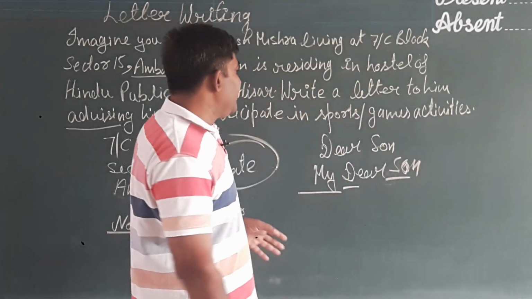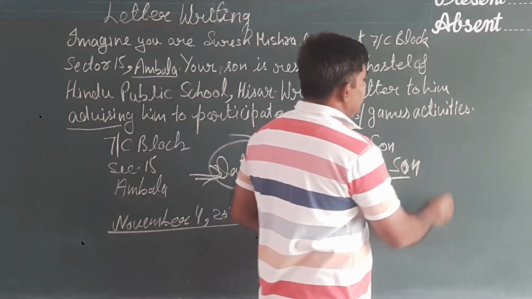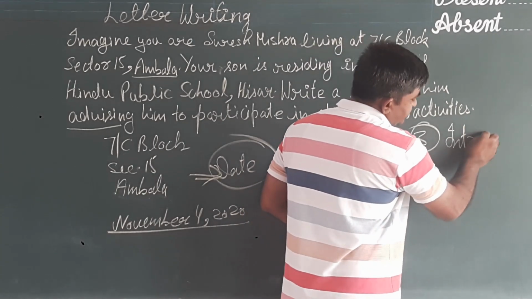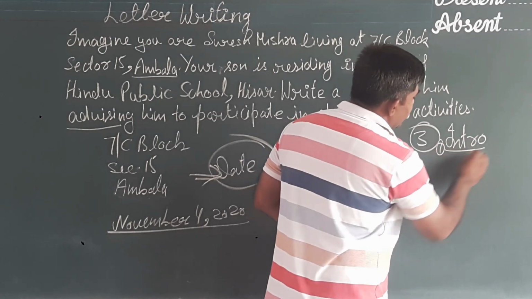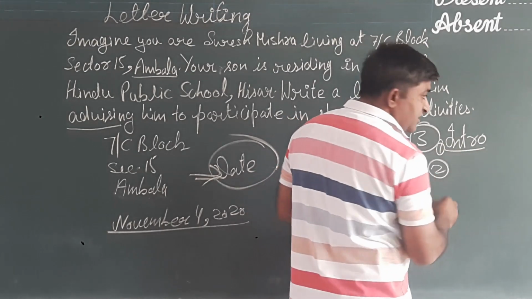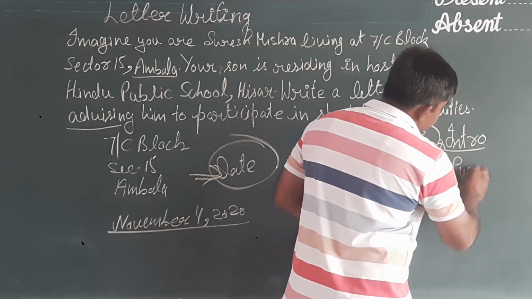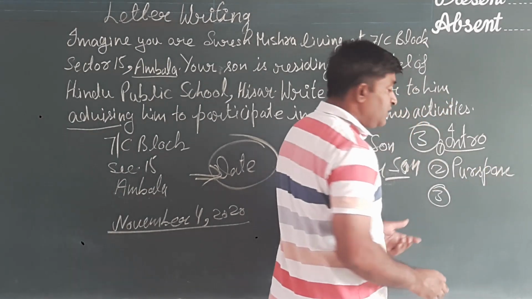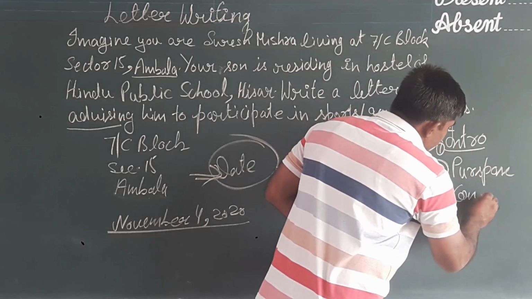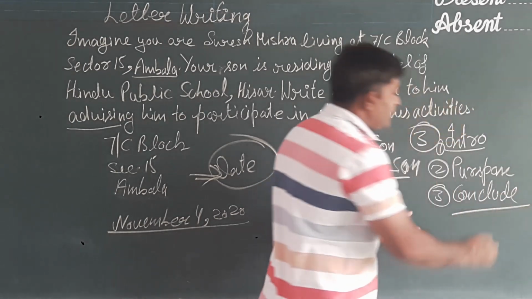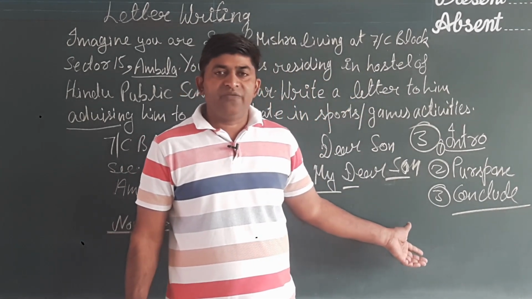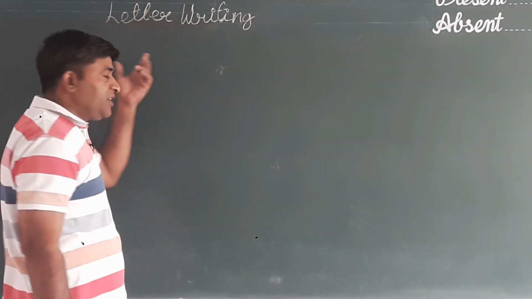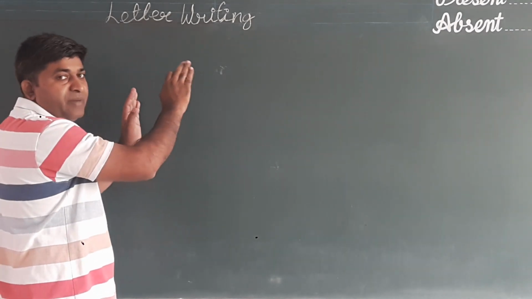But basically we divide the main body of the letter into 3 paragraphs. The first one is the introductory paragraph. The second paragraph is related to the main content, the purpose of writing the letter. Here in the second we shall write the purpose, and in the third paragraph we shall conclude the letter. Now let us develop it, how it can be developed. In the beginning we shall start in such a way. After the salutation, my dear son, we shall write,